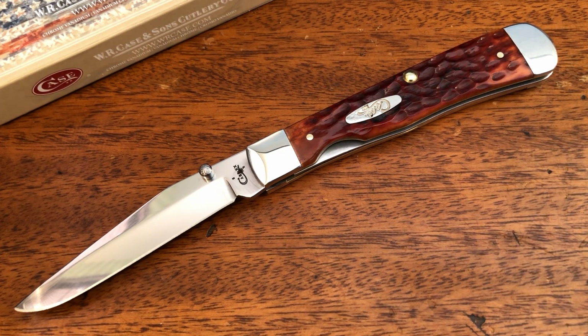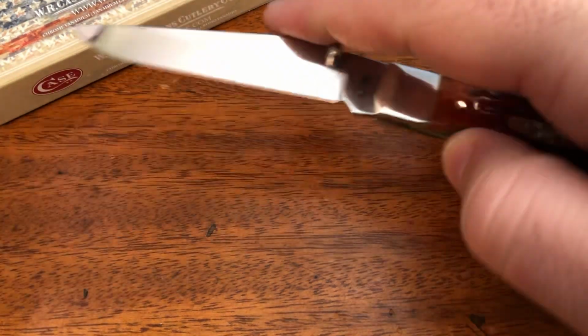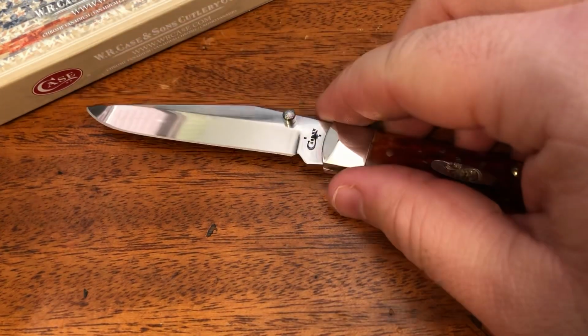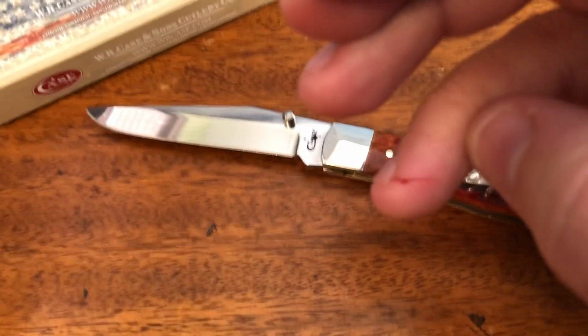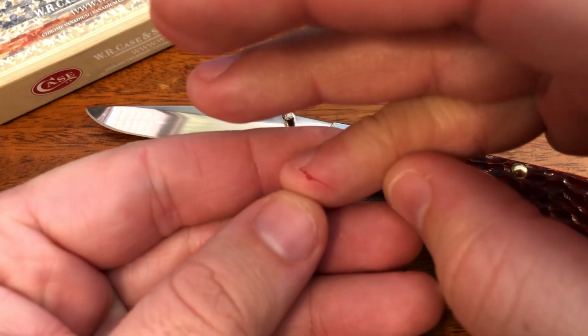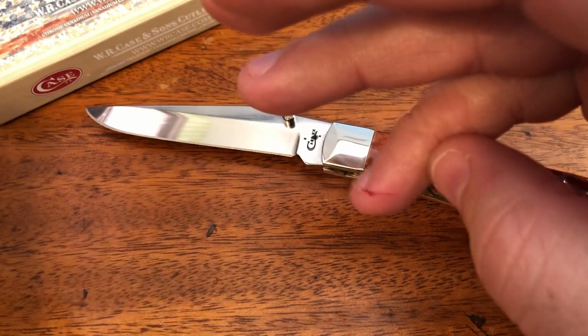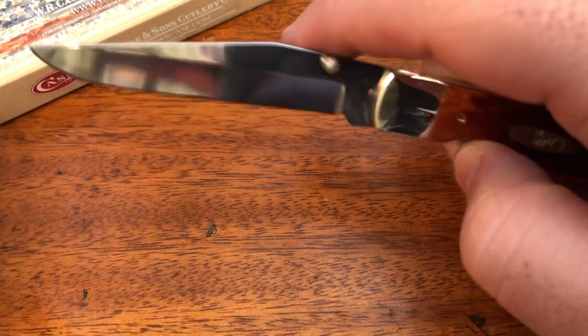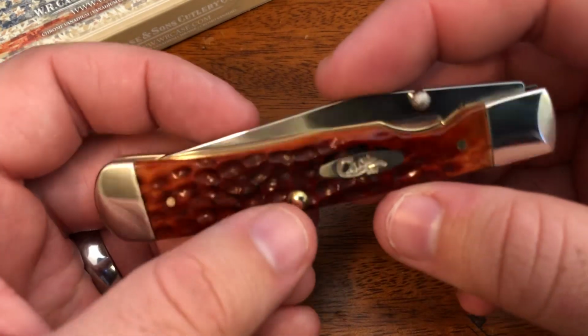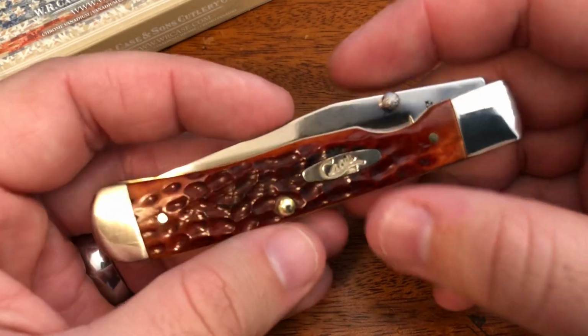So this is my second video I did. I did one video of me reviewing this, and right at the end of the video, I'm going to talk about how sharp this blade comes out of the box. Just as I was doing right here, just opening and closing the blade just like this, my pinky just barely got in the way. I don't know if you can see that. Yeah. There we are. Pinky just barely got in the way, and the knife reminded me of how sharp it comes out of the box. Extremely sharp. Like I said, it's not a super steel, but